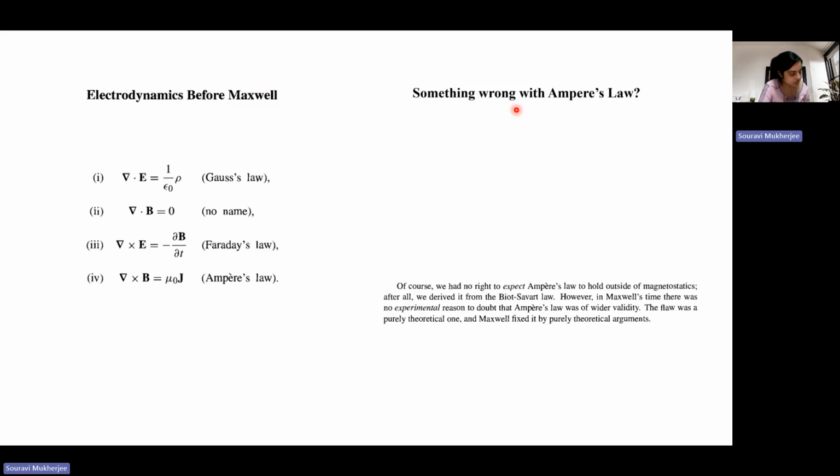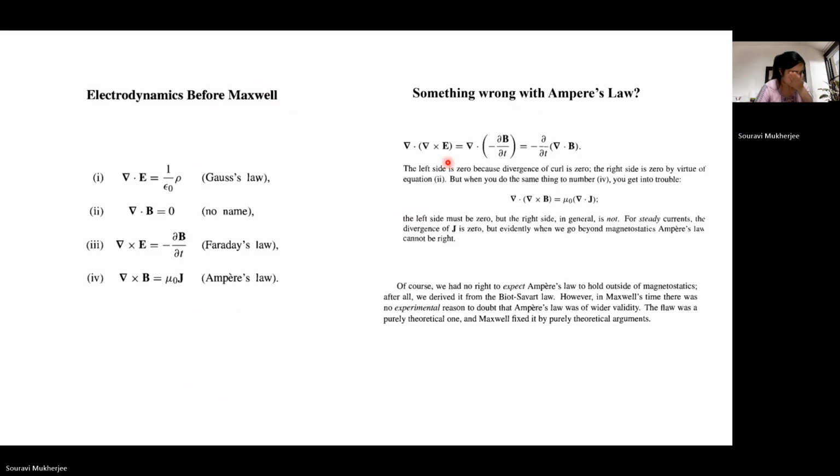So what's the problem? We know that the divergence of the curl of a vector should go to 0. So if you do the divergence of the curl of E, this is what you get, and we know that the divergence of B is always 0. So this is consistent. But now if you do the same for equation 4, that is Ampere's law, it tells us that for the left hand side to be always 0, the divergence of J should always go to 0. So in magnetostatics, we know that if you have steady currents, the divergence of J would go to 0. But what if